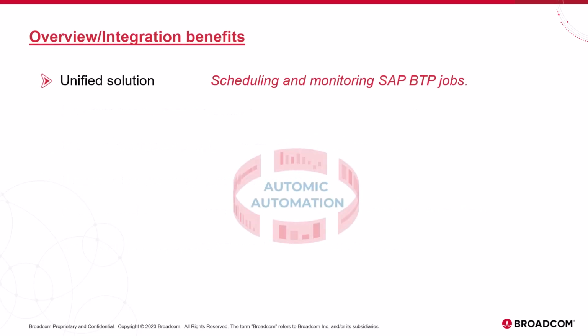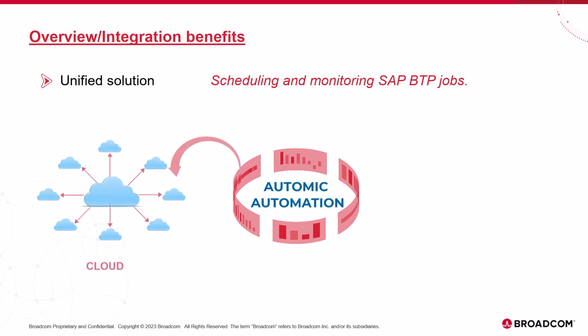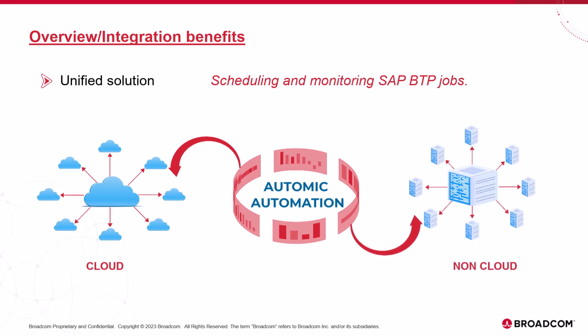Automic Automation plays a central role in orchestrating operations across multiple environments, including the cloud. Automic Automation synchronizes these processes with other non-cloud operations. By integrating SAP BTP, we can centrally configure process automation in Automic Automation and then trigger, monitor, and supervise everything in one place. SAP BTP processes can then be synchronized with all other environments routinely supported by Automic Automation, like